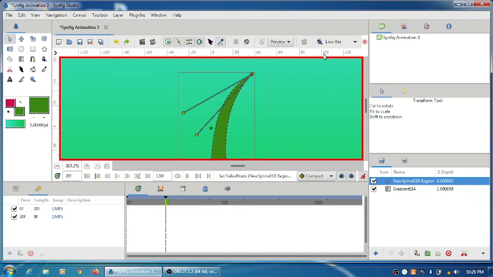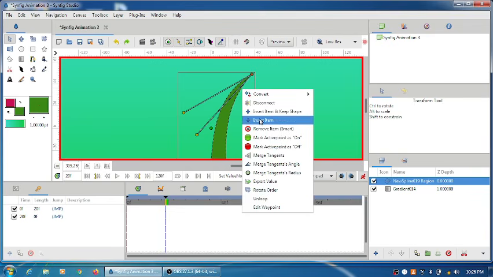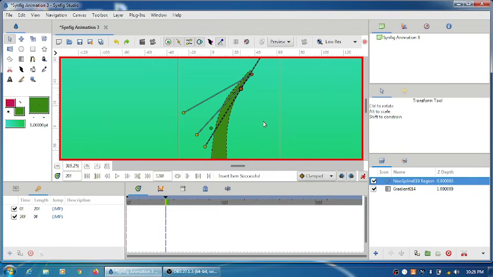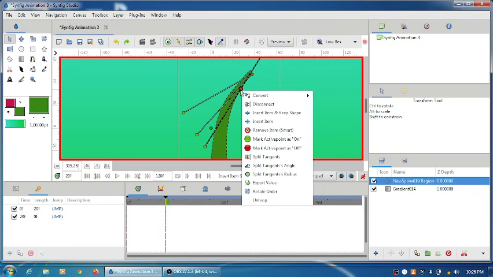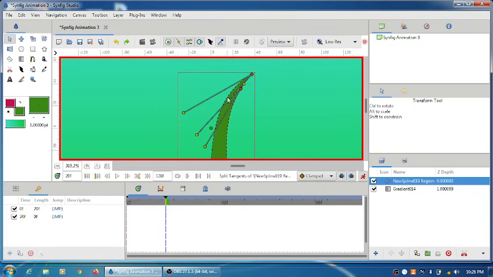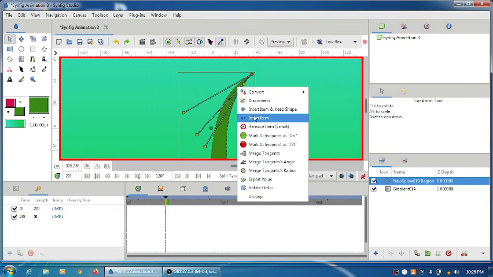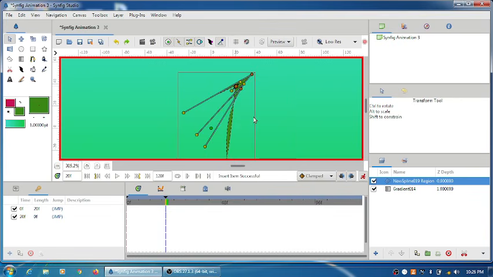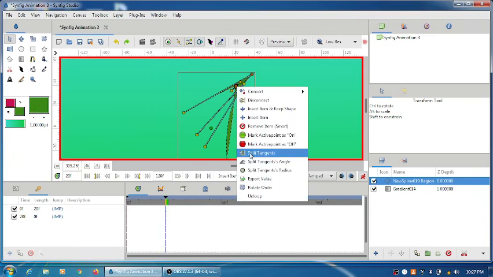You can see that. Again I'll show you. At this stage I want to add the vertex, so I'll select insert vertex and make it split tangent. Now again, on the other side at a similar position, I'll right click on it, add a vertex, and split tangent.